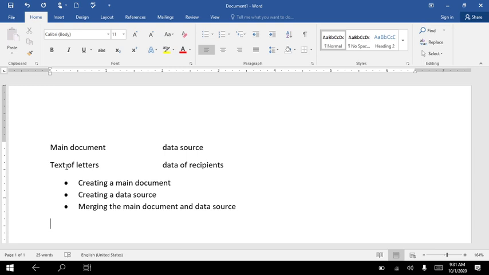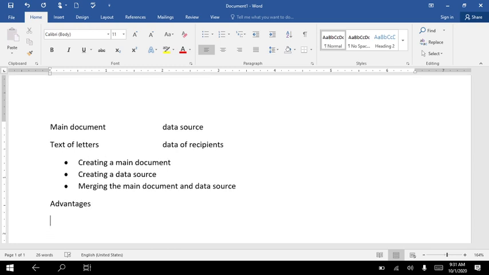Let me tell you the advantages of the mail merge. It is easy to make a change in a single letter so that it is reflected in each letter. For example, if I put a header and footer on one page of a document with 100 pages, the header and footer will be the same on all 100 pages.